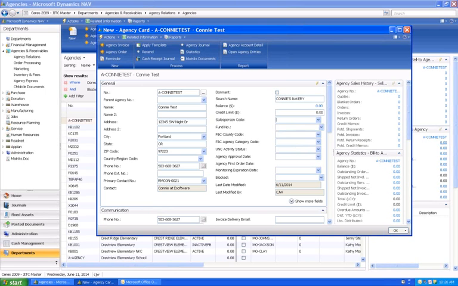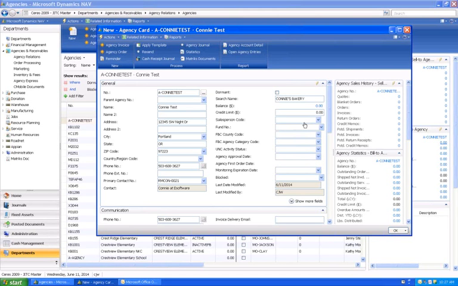Salesperson code field, not used by a lot of food banks. However, if you want to track who normally handles the agency's account, then you could set up salespersons into the database and then assign the salesperson code to the agency. And that might be helpful if you have, let's see, 3 to 5 people in your agency relations office, and